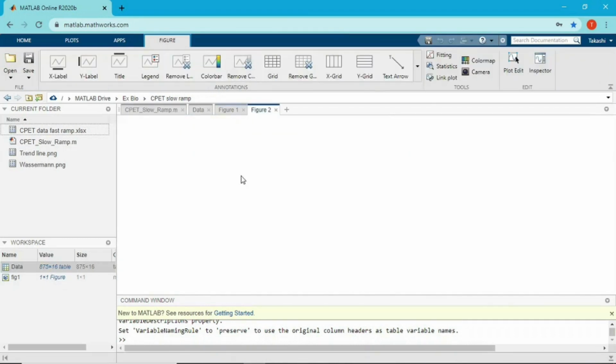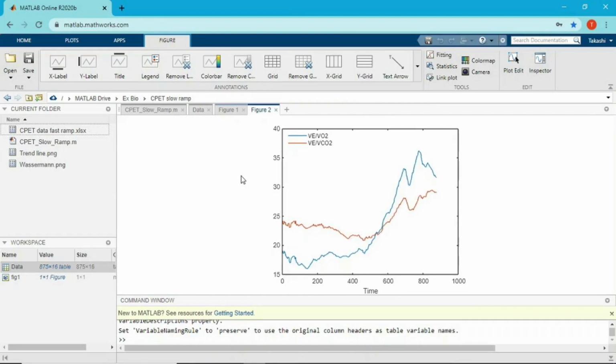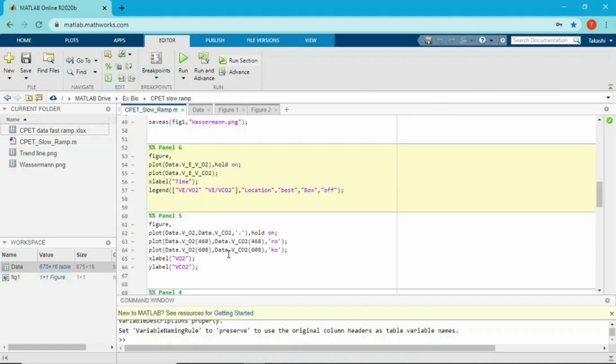So this is just the panel. I just made it bigger. This is panel number 6, so you can see the deflection point better. It could be here, or maybe here, and BT2 could be around here. So you just check the x-axis, because the x-axis is pretty much the data point. So you save the data point, like for this time 605, and you put the data point right here for BT2, and here for BT1. I mean, you put it twice right here for VO2 and the VCO2.